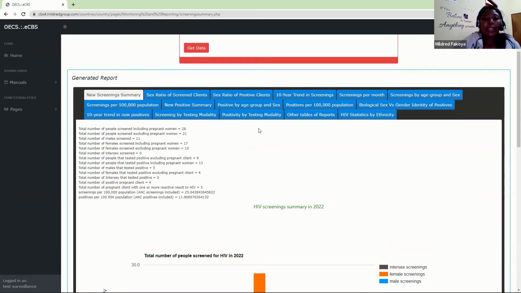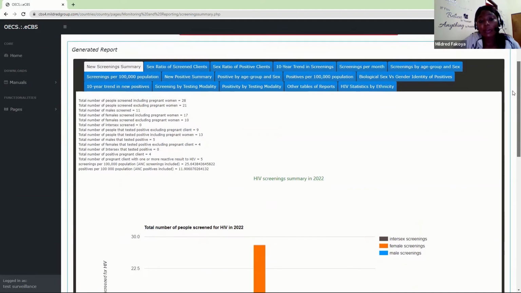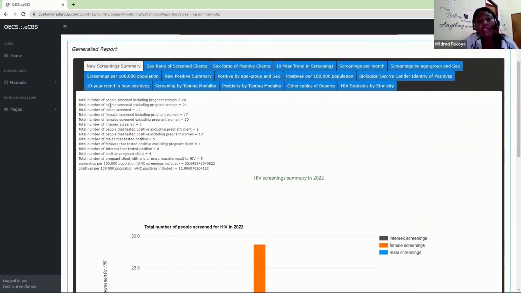Now, once you get the generated report for HIV, we have all of the reporting indicators distributed in tabs, and they are very comprehensive, so you might have to read through every report. The summaries of HIV screening gives you the total number of people screened, including pregnant women, the total number of people screened, excluding the pregnant women, the total number of males screened, the total number of females screened, including pregnant women, and the